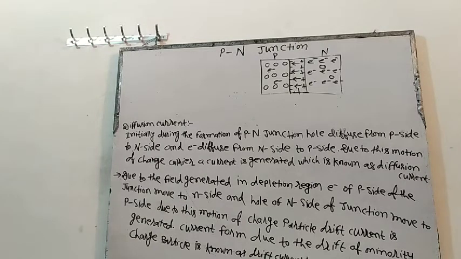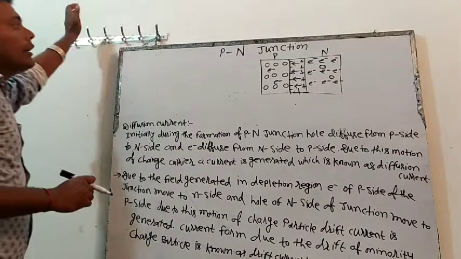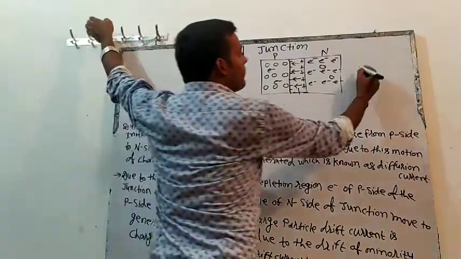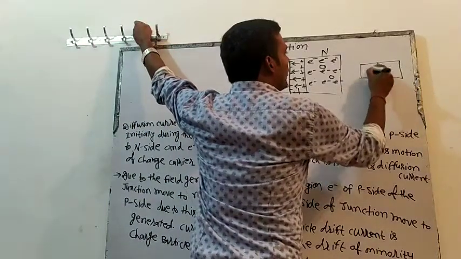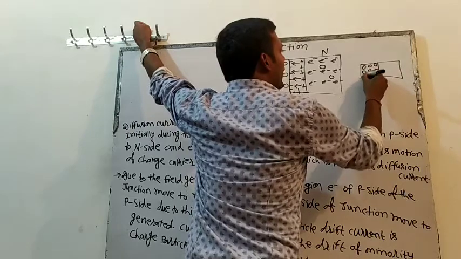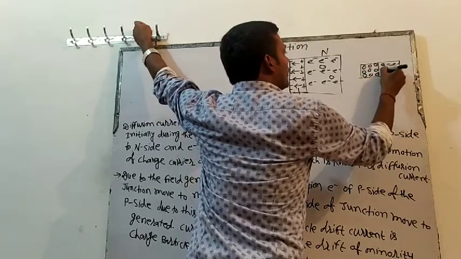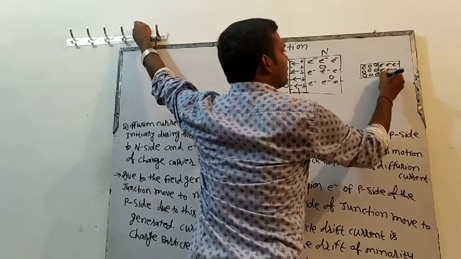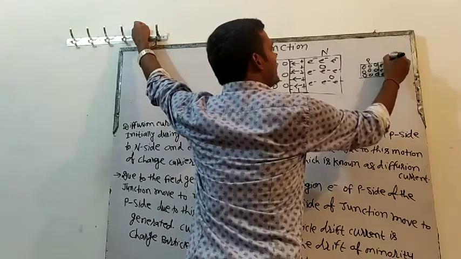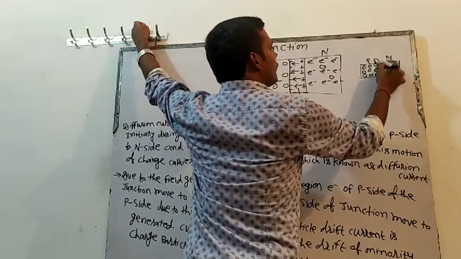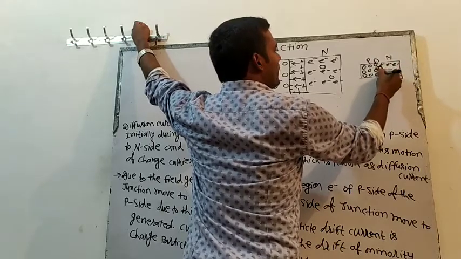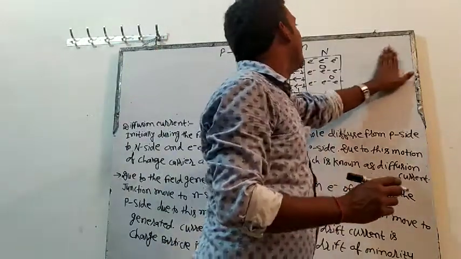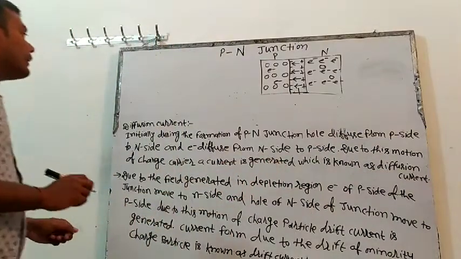Now after the potential barrier concept, understand that there will be a flow of charge, because initially, as I told, there is a p-n junction. In the p-n junction, initially here will be p, here will be n. So electron will jump here. This electron will jump here. So electron will jump from N to P, and when this electron jumps, this is known as diffusion of electron.